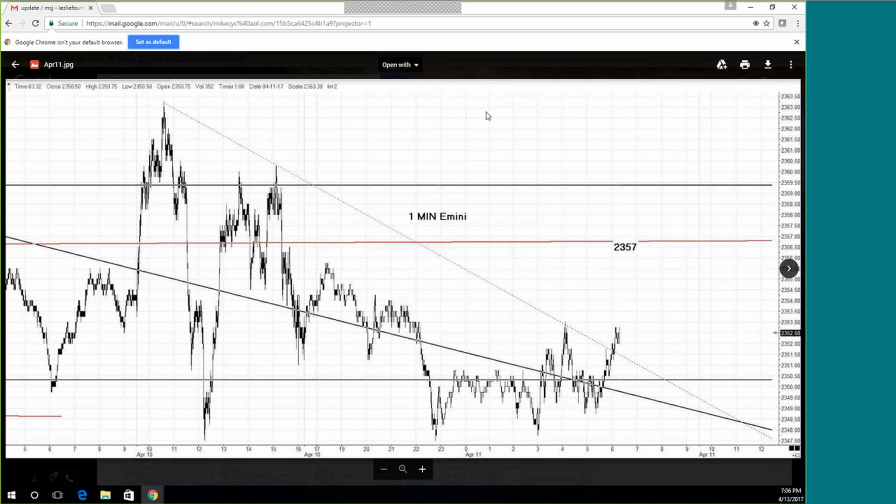Anyway, I'm just sharing, to start off, what I've been looking at for the past couple of days. And again, when I start talking about technical analysis, to me, time is as important as price. But we're not going to get into time today. We'll just talk about price. I'm always looking for areas of confluence, because that's where the market will turn, more likely than not, whether it be pivots or